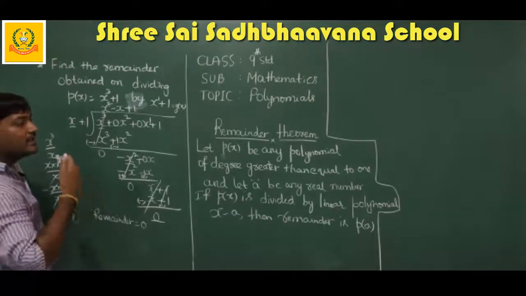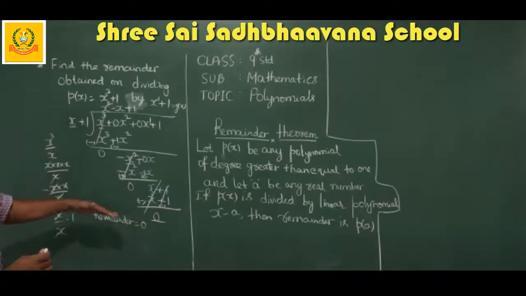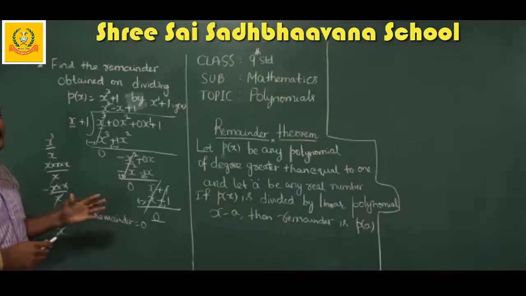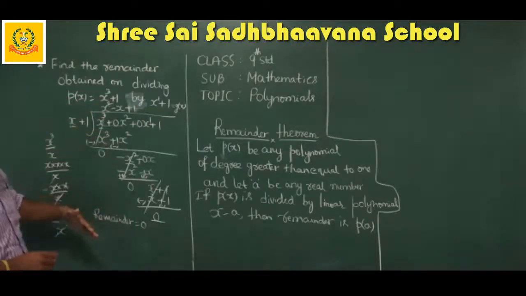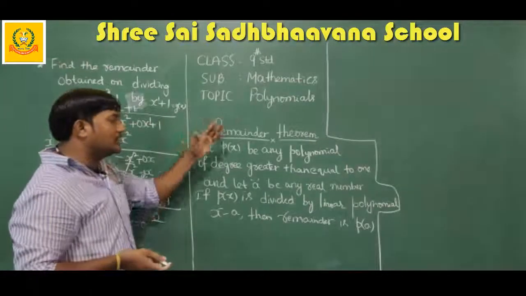Okay. Next, we will come to the remainder theorem. See, here we divided and found. By using the remainder theorem, no need to divide. You can directly use one formula and you can find the remainder directly. We are not using this division method there. That I'll explain to you now. Just look at this statement.